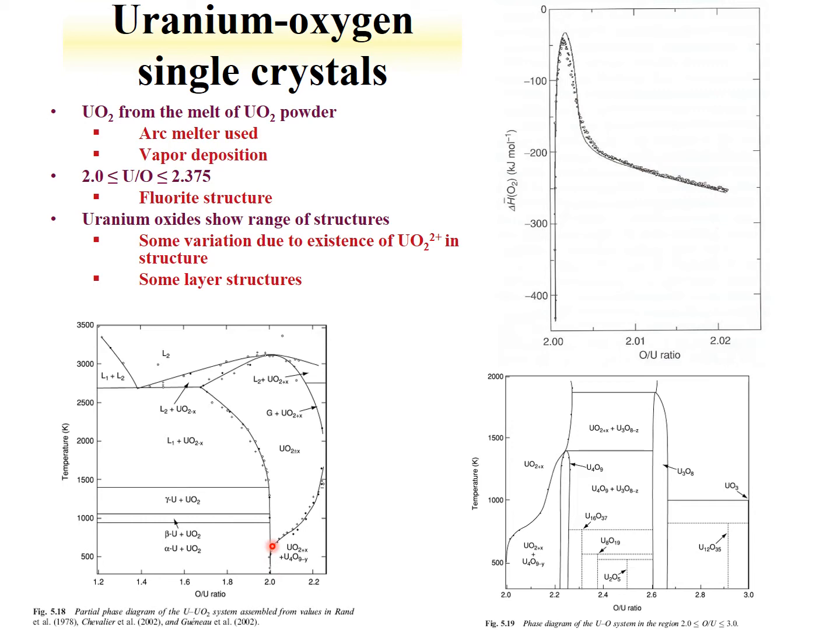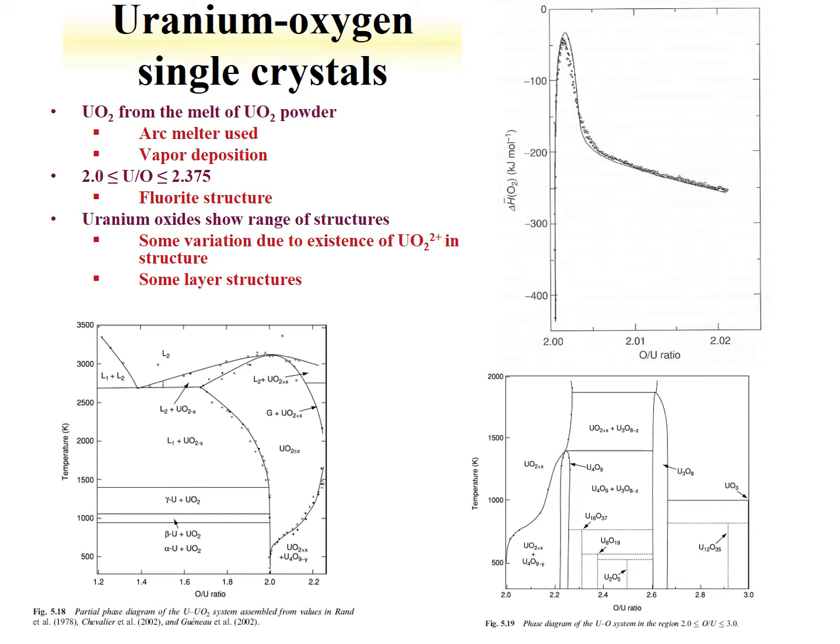And then as we start getting higher in oxygen, we start forming some different species. Here's U4O9 minus Y. Here's the higher ratio here. We see that we have U3O8 formed, UO3, U12O35, U8O19, U2O5. So there's a number of compounds we didn't necessarily explore, but the uranium oxygen system is particularly rich,